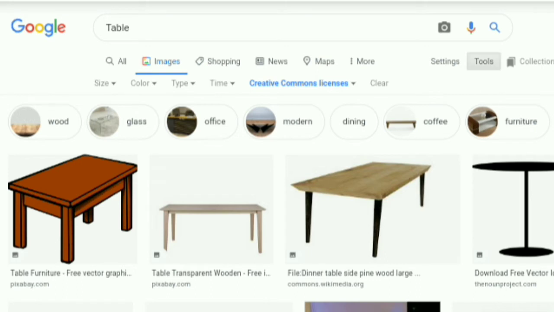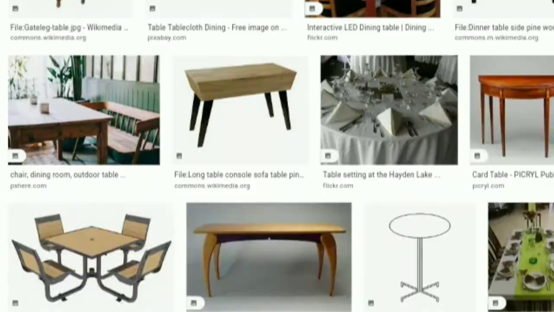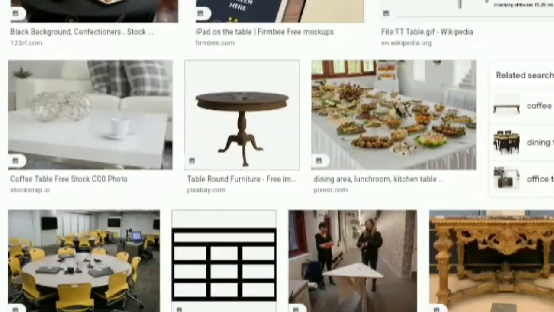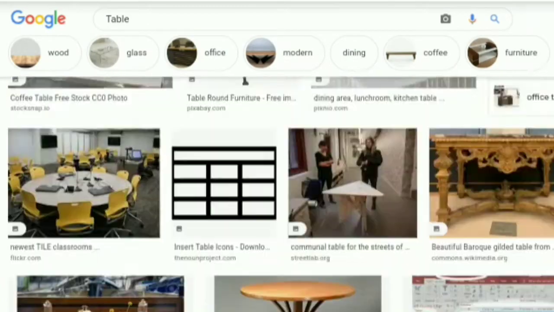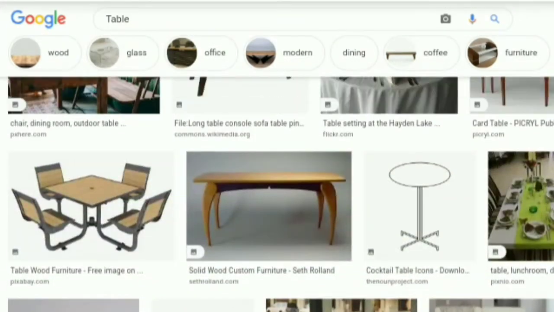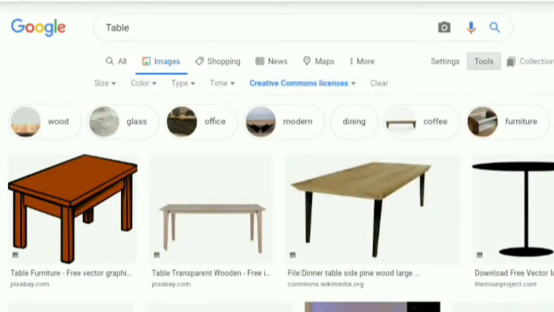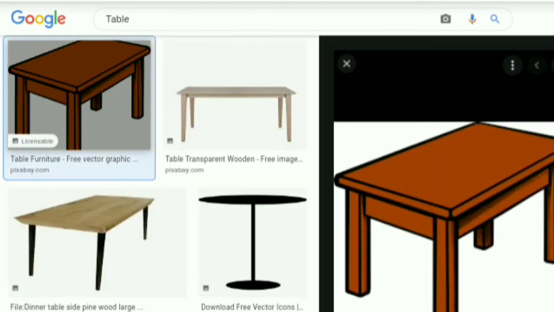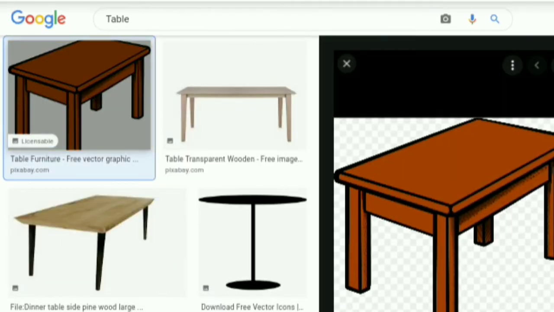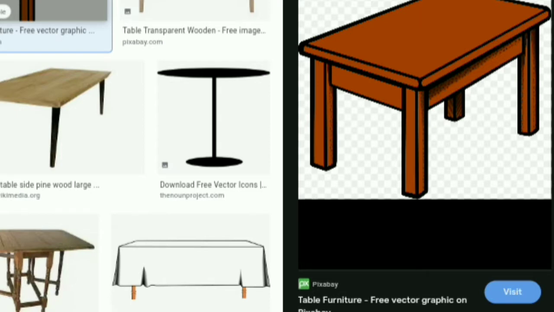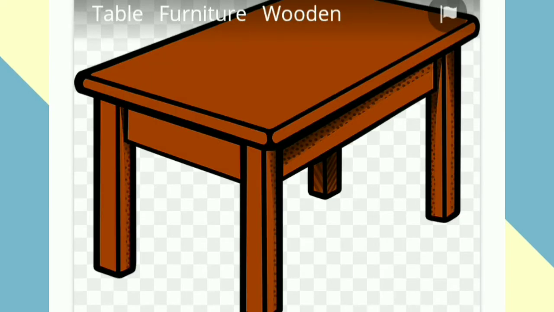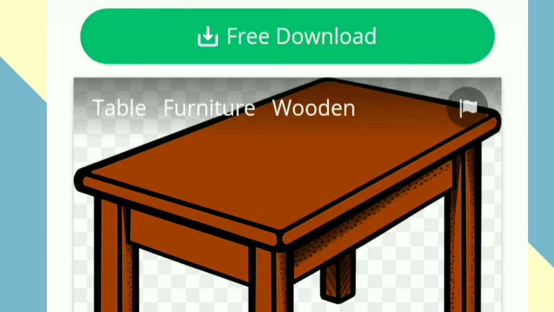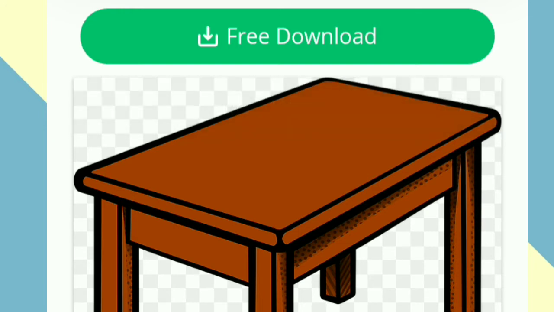For example, okay, this table is what we want to use in the PowerPoint presentation, and let's make sure that this picture is free. Okay, it is free to use. Okay, and now let's click on the table that we choose and click the visit. Okay, you can see here there's a visit, and you can visit it to see more information about the photo and its licensing, and below we can see the licensing if the picture is free or intended for commercial use